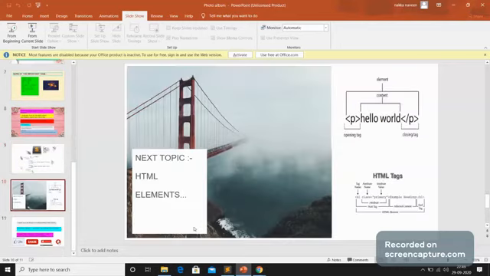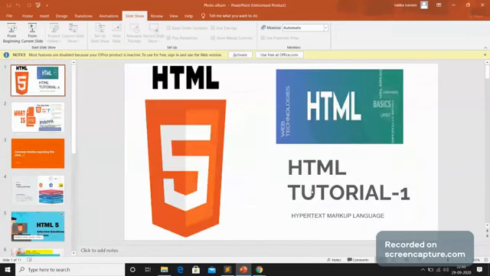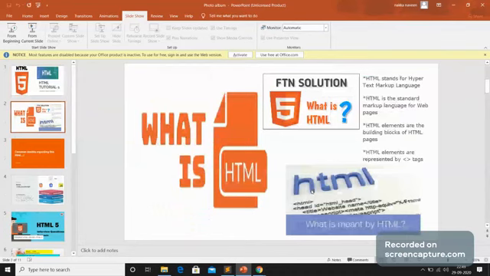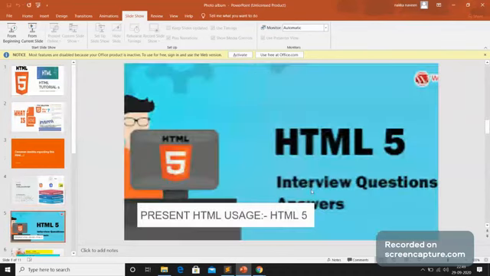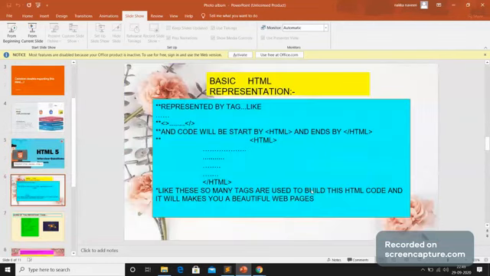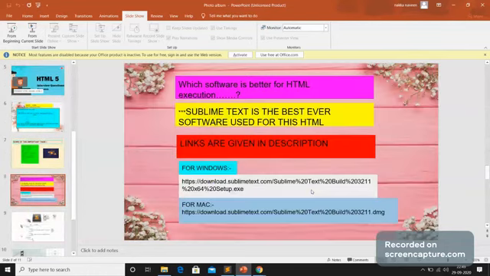In this class I have covered what HTML is, what the full form of HTML is, the difference between HTML, CSS and JavaScript, which version we are using now, how the HTML representation looks, some important tags, and which software is used for HTML execution.